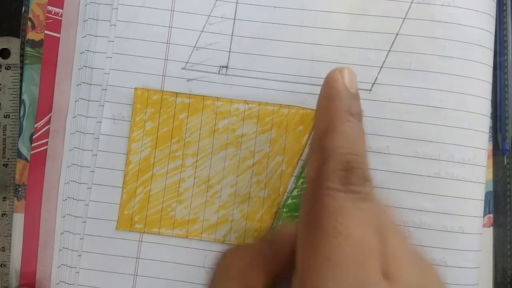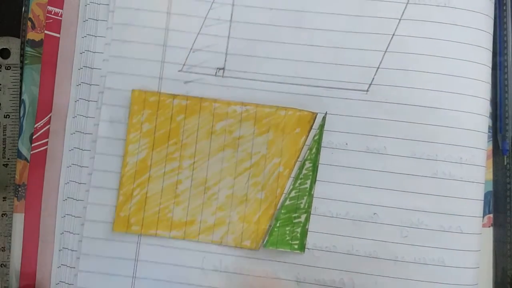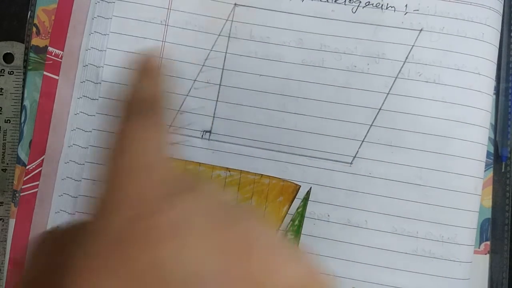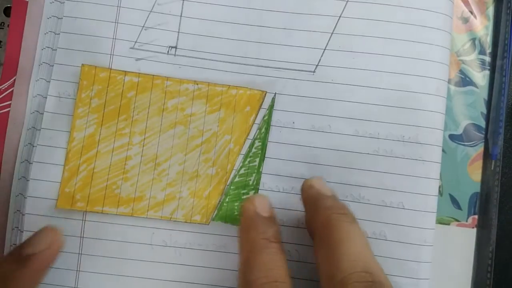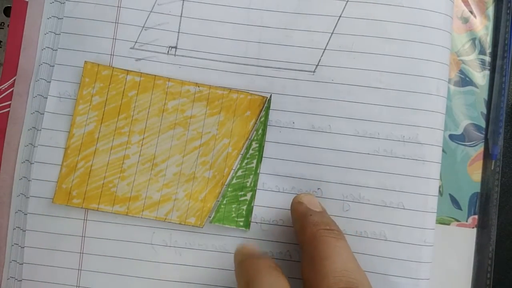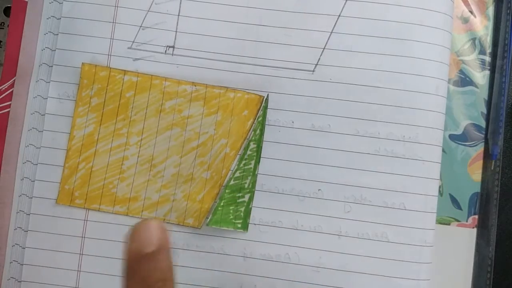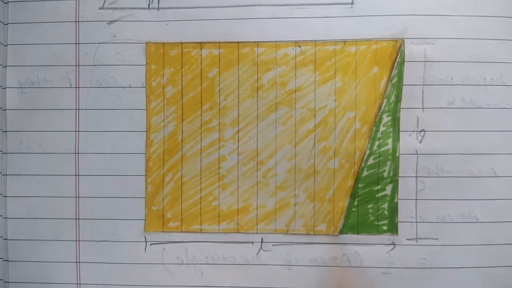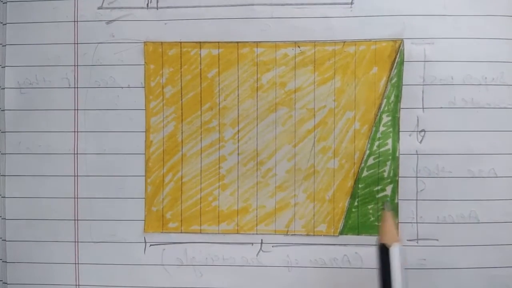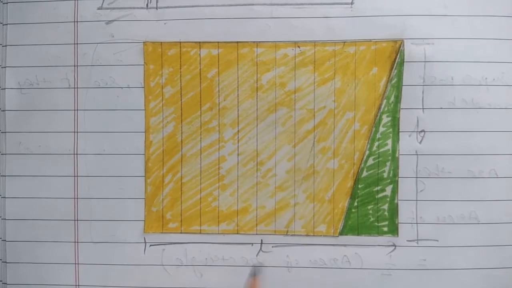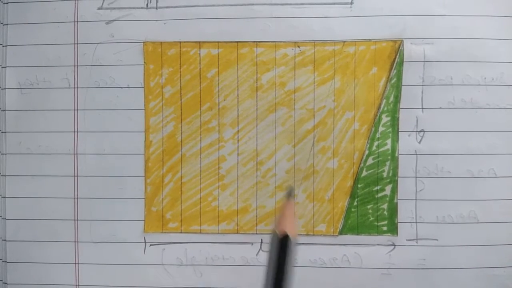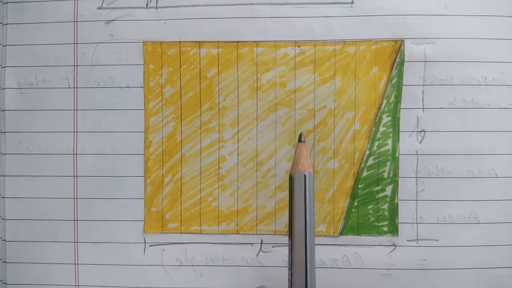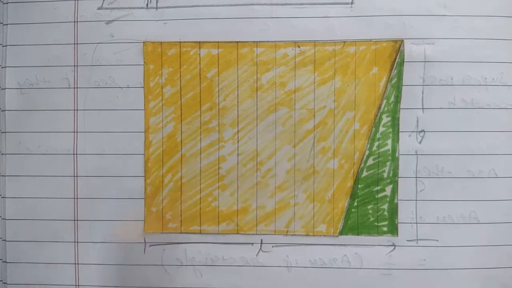So from a parallelogram, when we draw a perpendicular, that part will be a triangle, and when we cut that part and bring it to the other side, we get a rectangle. So now we will use this rectangle to find the area of a parallelogram. So here we got a new shape from a parallelogram. It is a rectangle. Are the area of the parallelogram and the rectangle equal? Of course it is equal, as we haven't added a new part and we haven't deleted or removed any part.